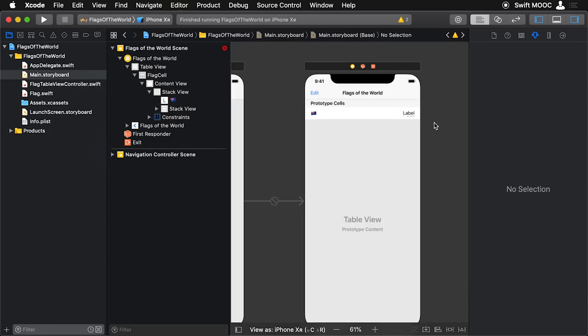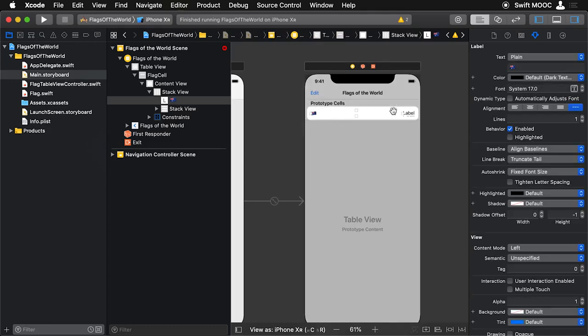So now it's starting to look a little bit like what I want. The other thing I want to do is I'm going to change the system font size, and I'm going to crank that up to 26, make it a little bit larger, and set it to justification in the middle. Now, that's looking good. What we'll notice is over here on the right-hand side, we have two labels, but we